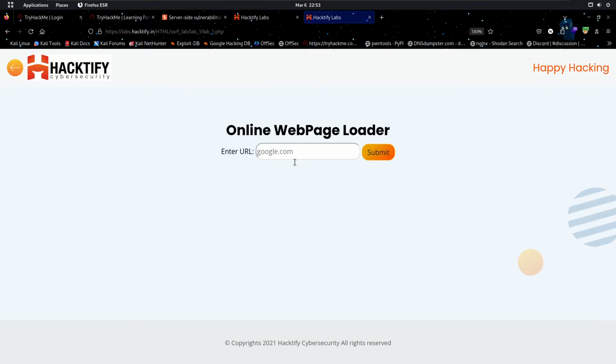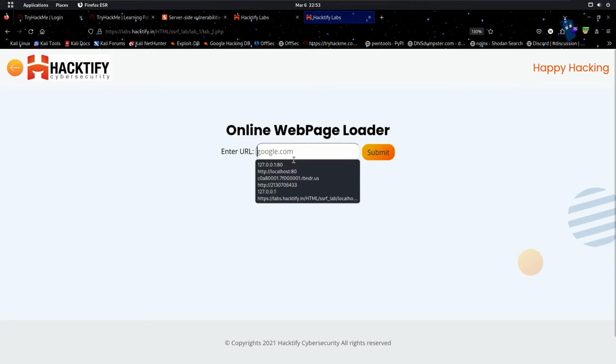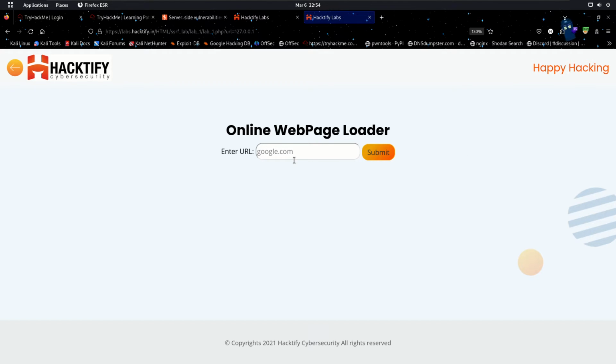In the first lab, we need to provide a URL or any kind of IP which will let us access the server side of the web page. So let's provide the IP. Let's try with 127.0.0.1, submit, and we got no response from here. Okay, so let us try